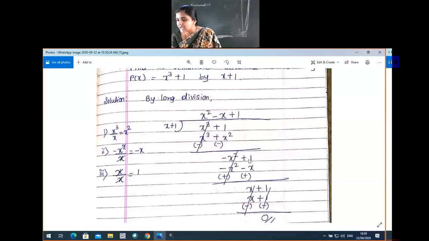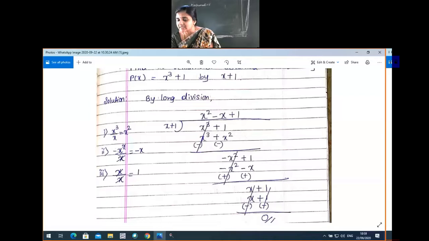So now in the second step, in the dividend place, what is there? Minus x square plus 1 is there. So how to decide the second term of the quotient? The second term of the quotient will be decided by dividing the dividend's first term by the divisor's first term. Here the dividend's first term is minus x square, divided by the divisor's first term x. One x cancels, the remaining is the minus sign as it is.